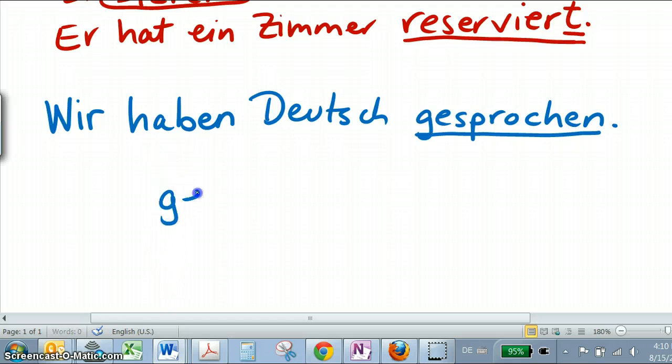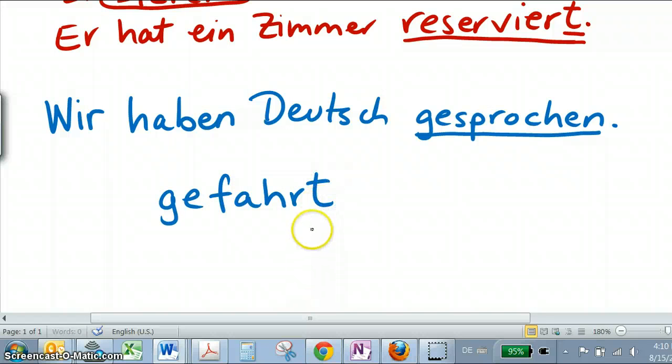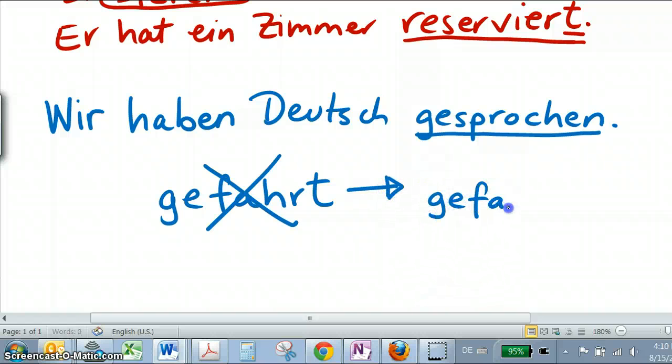For instance, if you have ever written a sentence or said a sentence and said gefahrt, that is incorrect. And you don't want to keep repeating that mistake because it will start to sound right to you. You need to make sure that you are using the past participle gefahren, because that is the correct one for that verb. So I hope this screencast helped,